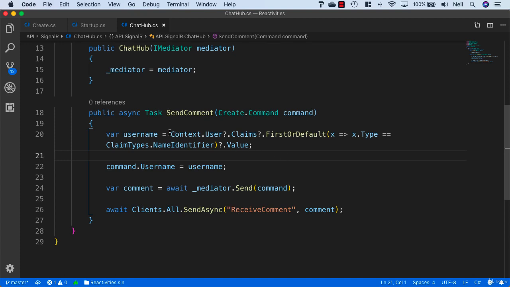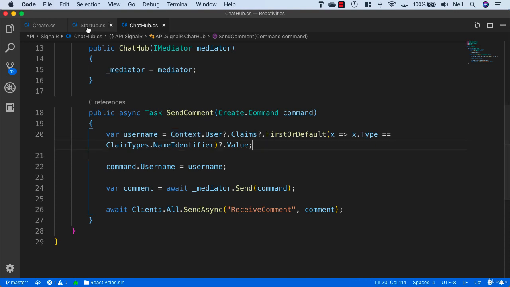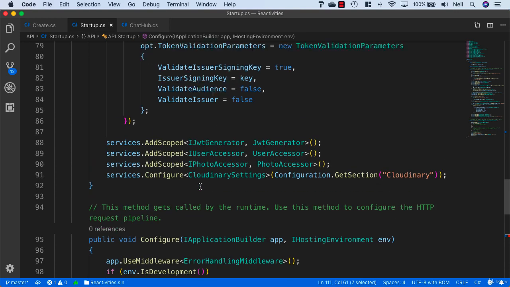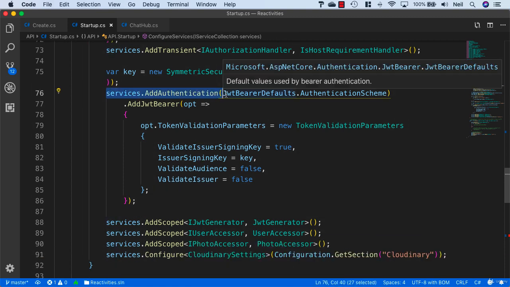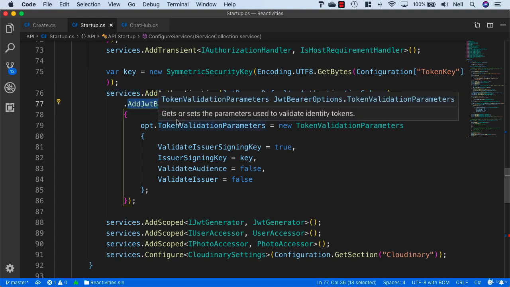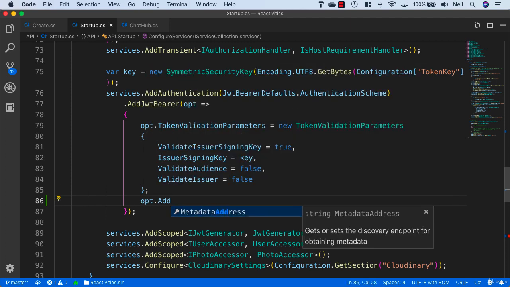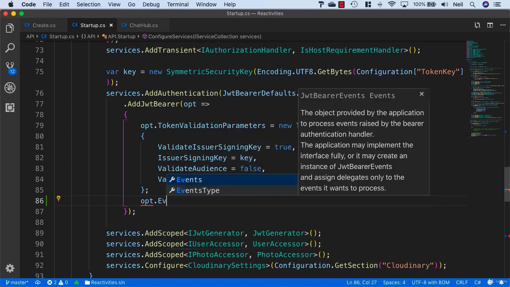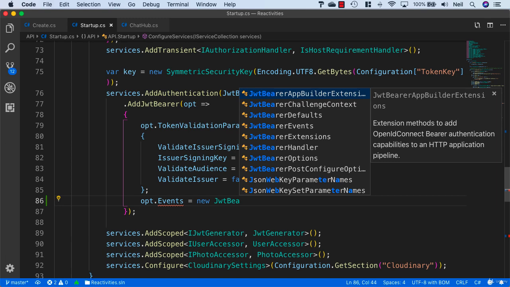So what we need to do now is add our token to our hub context, and what we'll do is go back to our startup class, and inside our services where we're adding authentication, what we can do here is hook into our JWT bearer events and do something with the token when we receive it. So what I can do down here is add another option. And what we can do is say